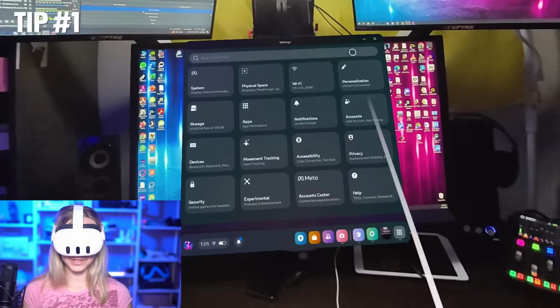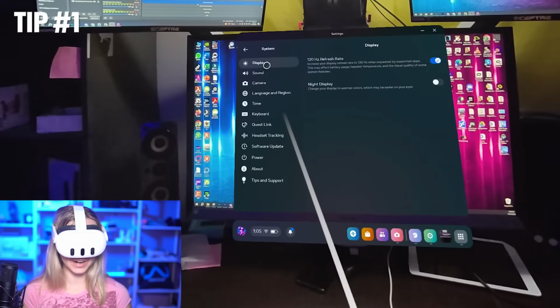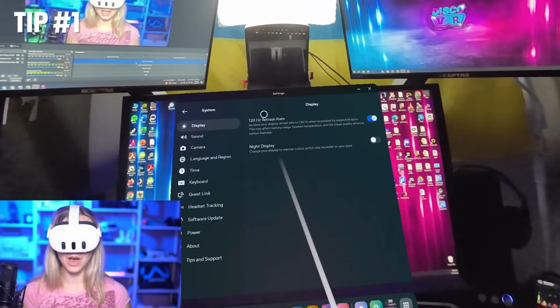So what I'm going to do is I will put on this headset and I will walk you through all of these settings and how to find them. Let's do this. The absolute number one feature you need to enable is right here in this system under display,